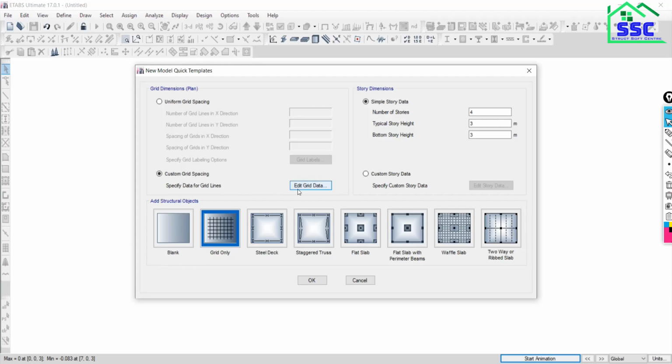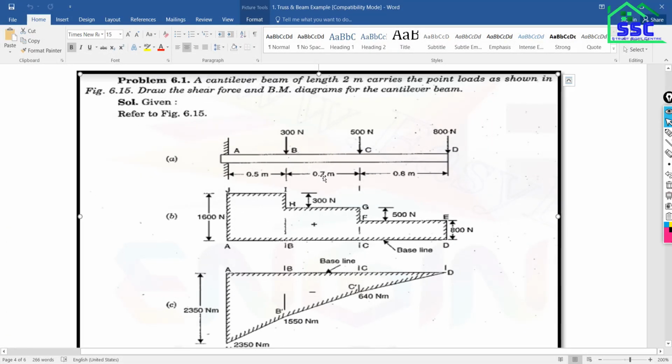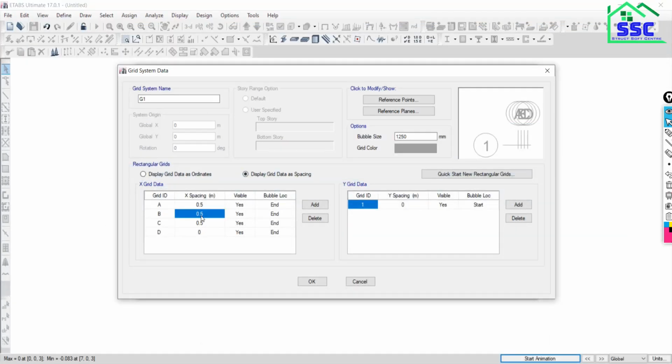Once you click on it, go to edit grid data option. Go with the display grid data as spacing option. First is 0.5, the second is 0.7, and third is 0.8. That's all in x direction.